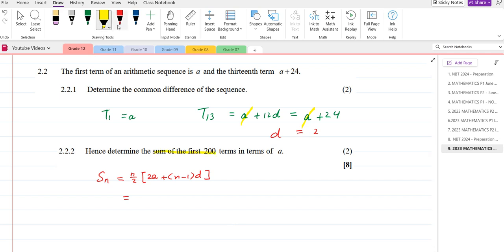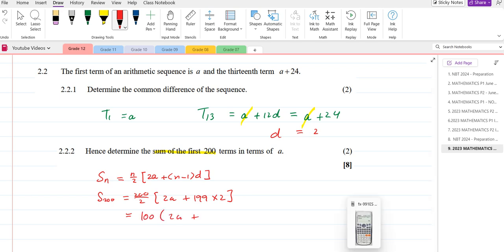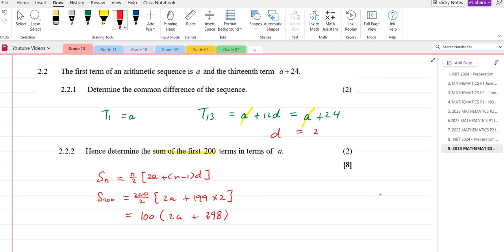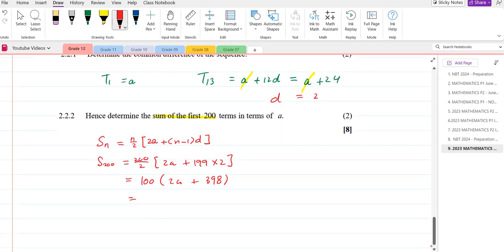So we need to say S200 is equal to 200 over 2 into 2a plus, what's n minus 1? That's 199d. What is d? d is 2. So we got 200 divided by 2, which is 100, times 2a plus, what's 199 times 2? 199 times 2, I've got 398. Now 100 times 2a is